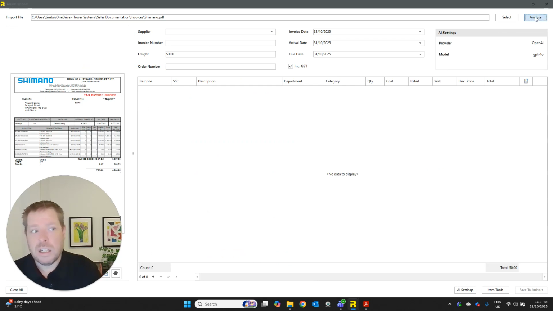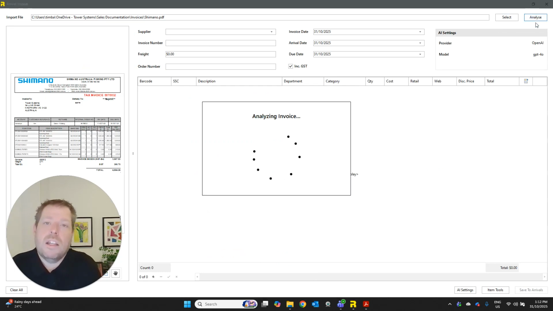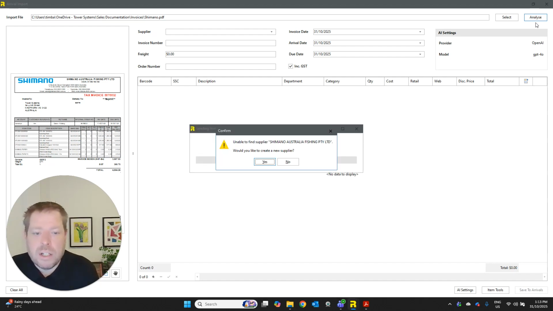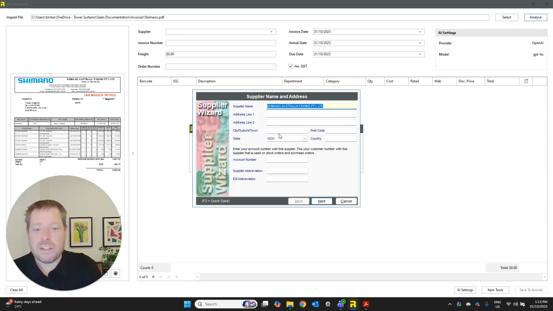All I've got to do from here is hit analyze. We then use AI to analyze the information on that invoice and load it into the system. Now, I've never loaded any Shimano invoices into this particular database I'm using. So it's just saying, hey, do you want to create a new supplier? I could say no to that and I could link it to an existing one if I had actually purchased from them before. But I'm going to say yes, create a new one, and that's going to walk me through